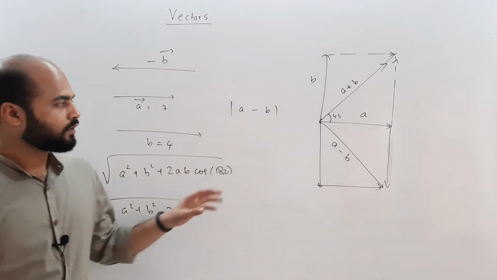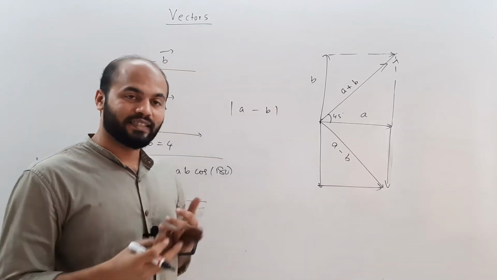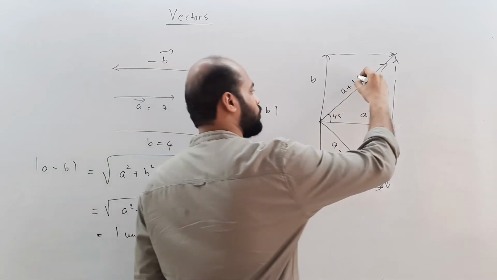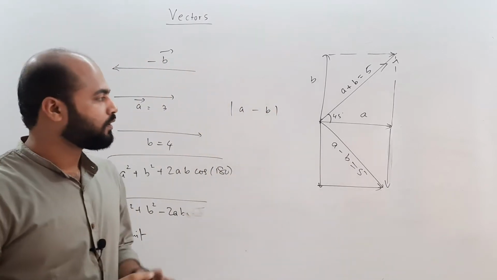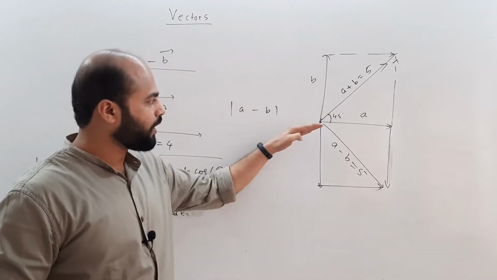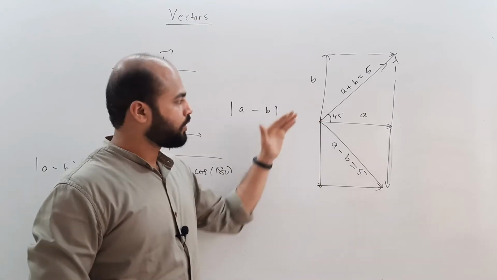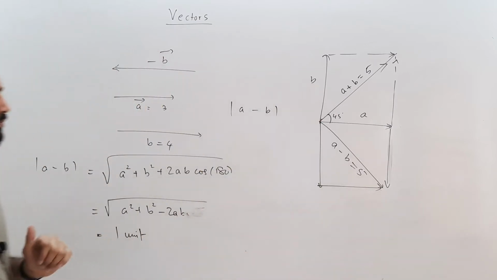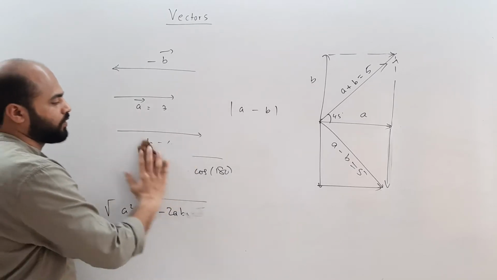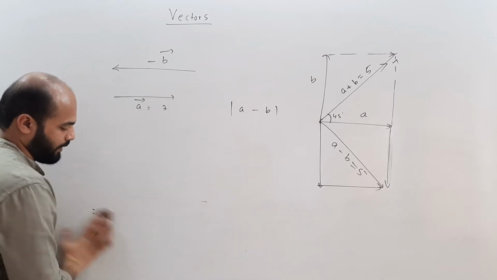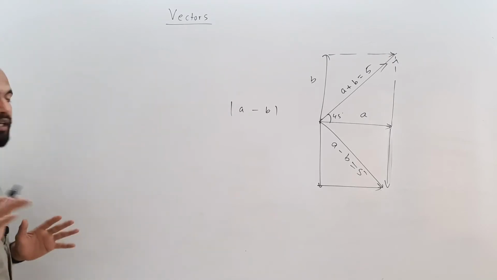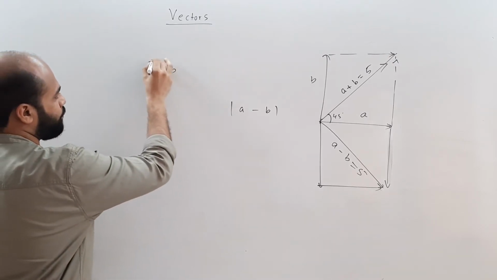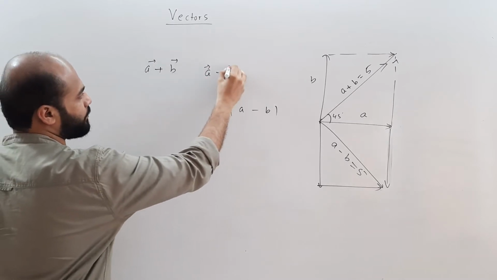So although in this case the answer would look similar, that is in this case also you will get the magnitude as 5 units. This case also you will get the magnitude as 5 units, but direction will vary. So this would be above the x-axis, this would be below the x-axis, or this would be on top and this would be at the bottom. So I'm sure after seeing these problems and the concepts, you should have clearly understood what is A bar plus B bar and what is A bar minus B bar.